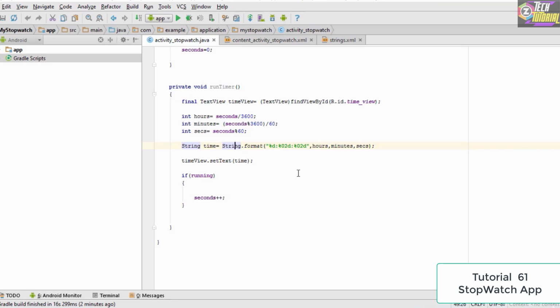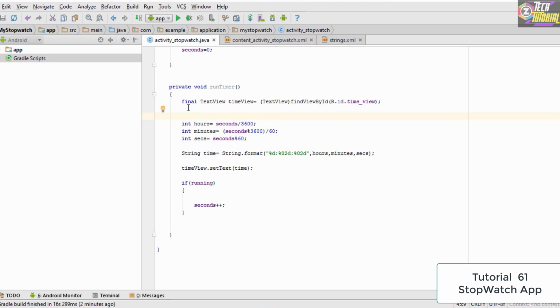So the first thing we do is create a handler. In order to create a handler, we go inside this runTimer method, right below the final TextView, and create a new handler. So we type final Handler. Once we have used the handler, we need to import it. So we press Alt Enter, and we import the handler from the android.os package,